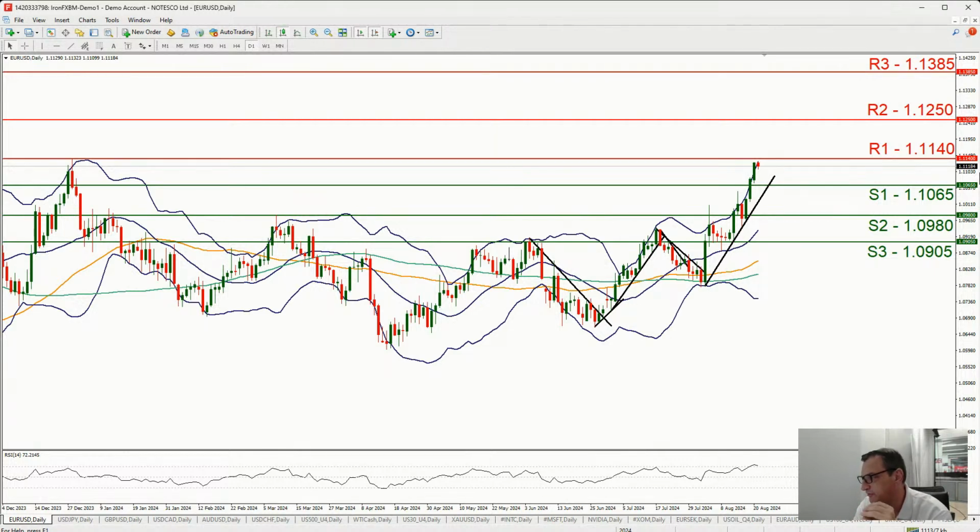Now, in front of your screens, you will have the USD's daily chart. We will be mixing technicals with fundamentals today, as always. And once again, let me remind you that should you want to have a look at any trading instrument on a technical level, write about it in the chat box, and if we have time, we'll have a look at it today. If not, we can always cover it tomorrow.